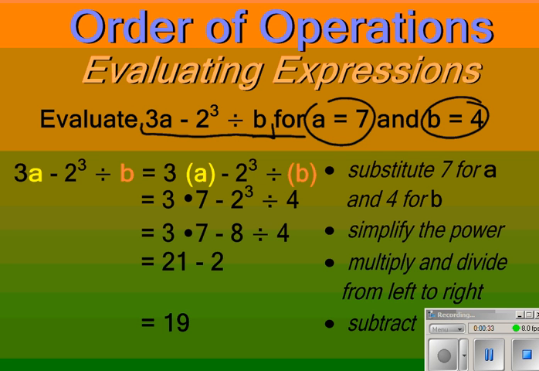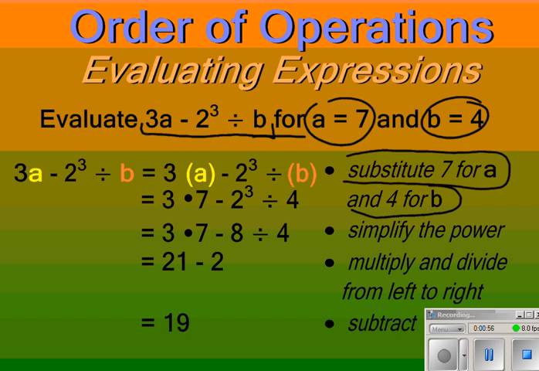We do not have an equal sign, so it is not an equation. You are not solving for a variable. They also gave you the value of two of the variables. The first thing you are going to want to do is you need to substitute. So the very first thing before you start doing any solving is you're going to substitute 7 for A and